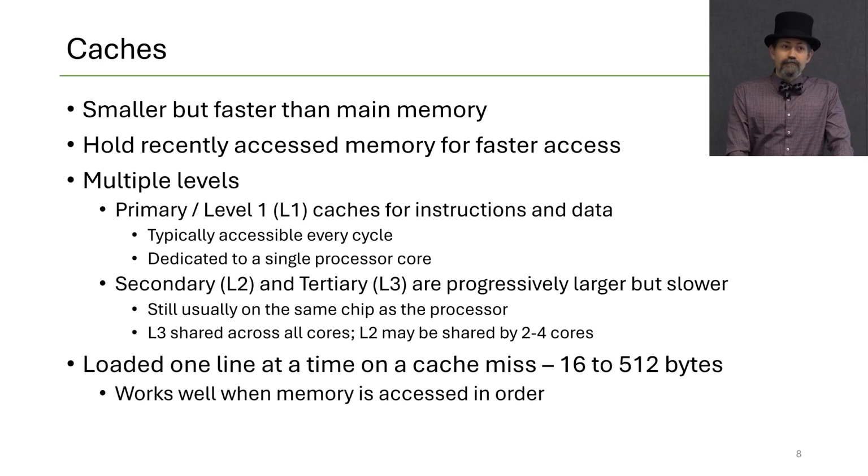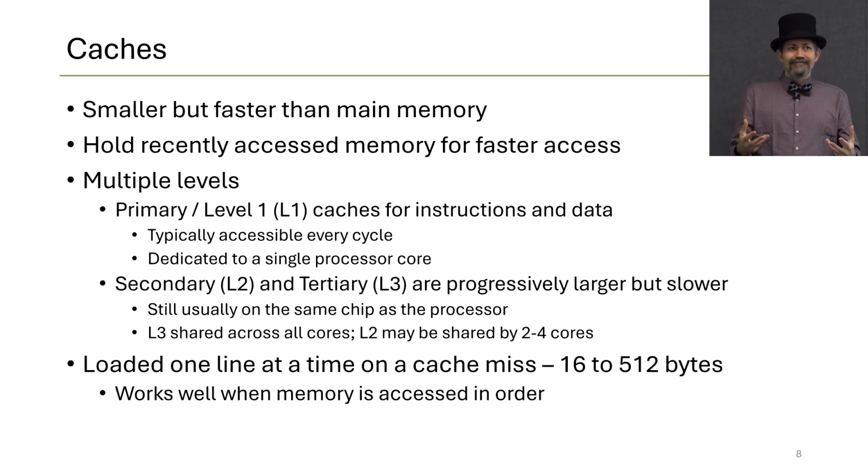Caches are like main memory, but they're smaller and much faster. They hold recently accessed memory. So if you access a piece of memory, it will be loaded into the cache, and then if you access it again, that second access will be faster. There are multiple levels of cache because